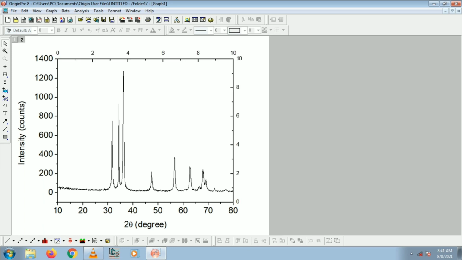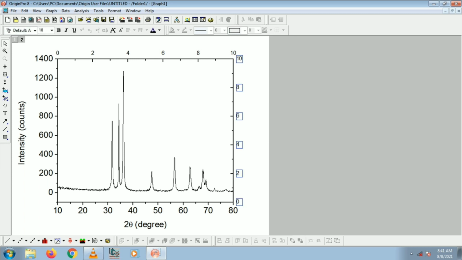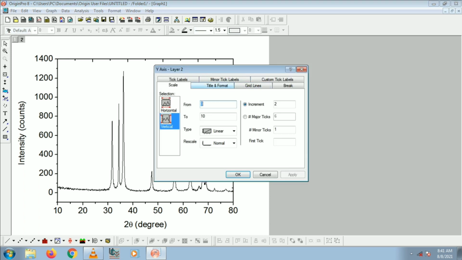The layer appears like this. You can remove the unwanted text in the layer by selecting delete. Similarly, adjust the top layer also.